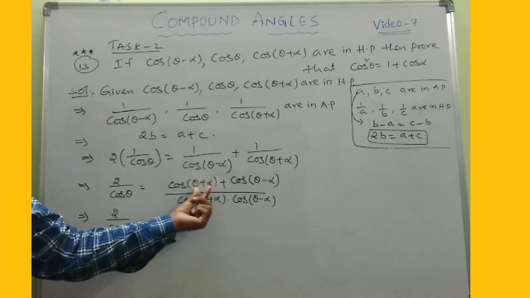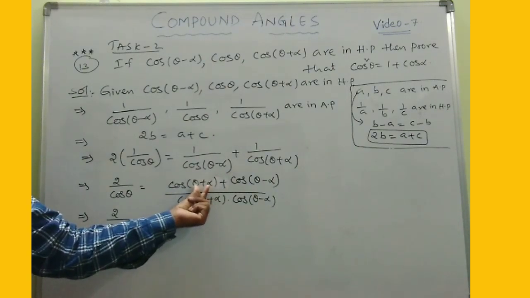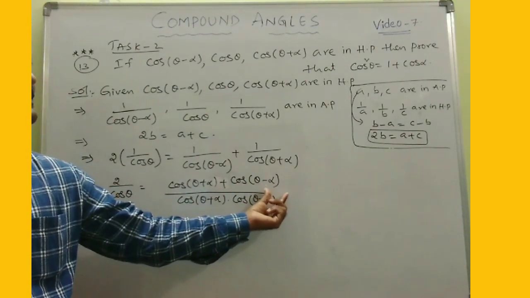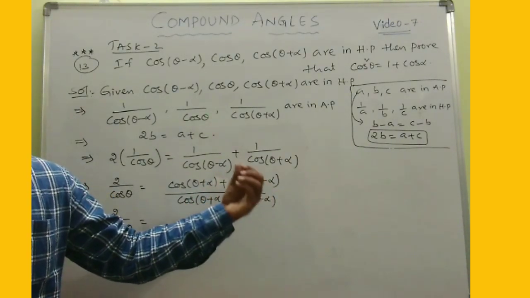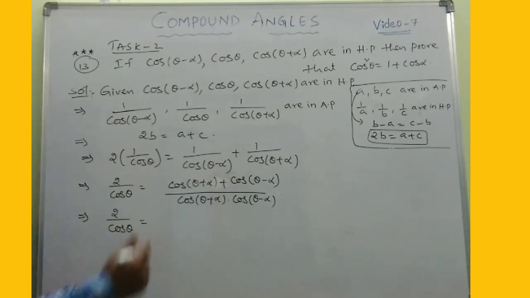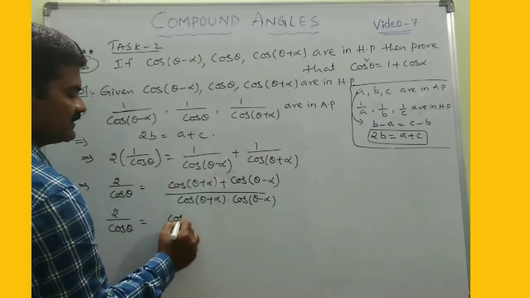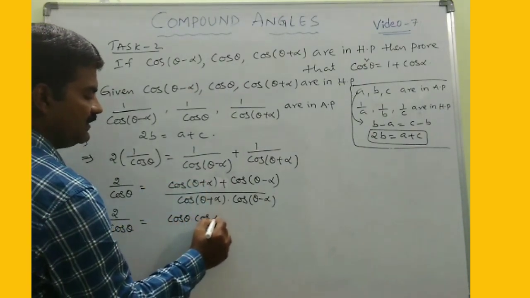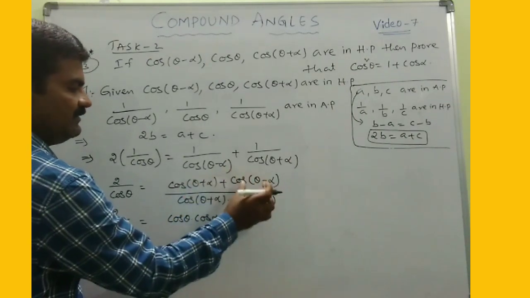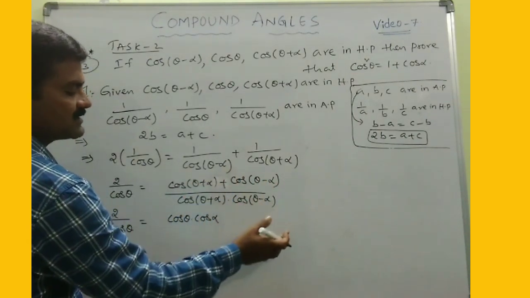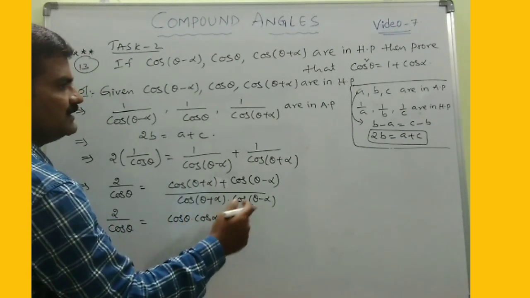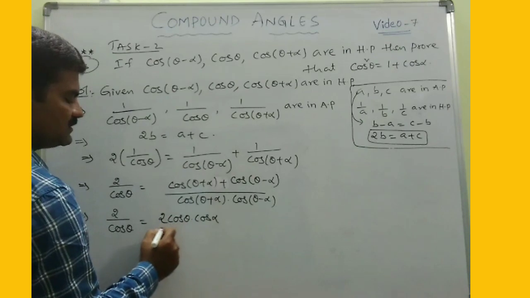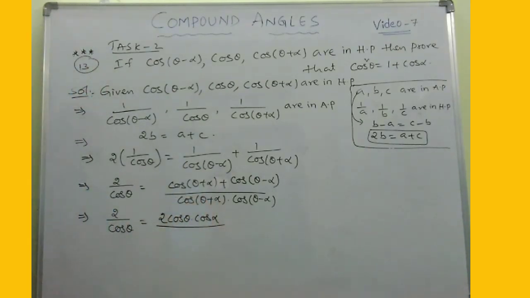My dear, you know, here we get minus sin A sin B, and here we get plus sin A sin B. So minus sin A sin B plus sin A sin B getting cancelled. Then we'll be having cos theta into cos alpha as first term. Even here also the same thing as first term. So both cos theta into cos alpha plus cos theta into cos alpha, which is nothing but 2 cos theta into cos alpha. Are you following?